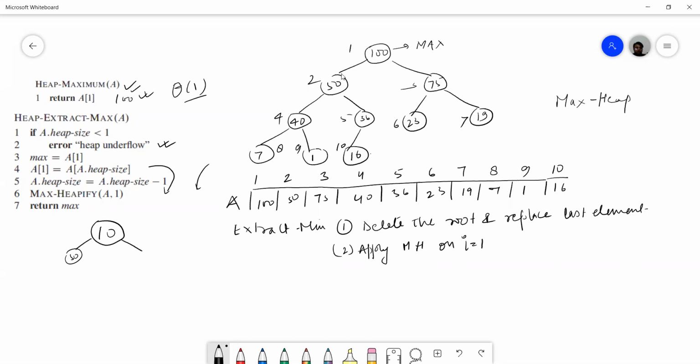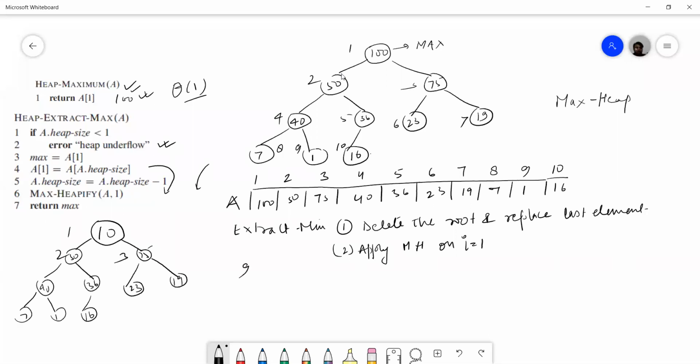We have 50, 75, 40, 36, 23, 19, 7, 1, 16. And then we'll decrease the heap size, because one element is now less, so the heap size will become 9 now.